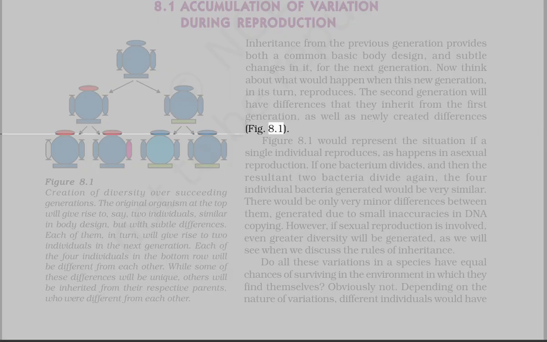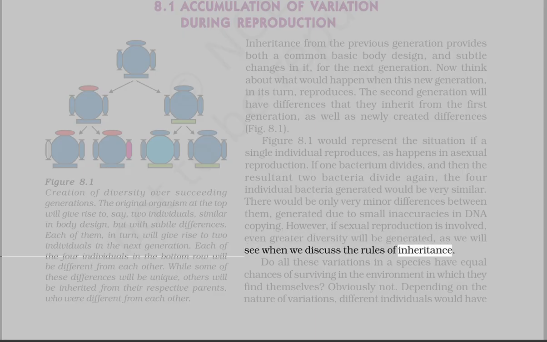Figure 8.1 would represent the situation if a single individual reproduces, as happens in asexual reproduction. If one bacterium divides, and then the resultant two bacteria divide again, the four individual bacteria generated would be very similar. There would be only very minor differences between them, generated due to small inaccuracies in DNA copying. However, if sexual reproduction is involved, even greater diversity will be generated,